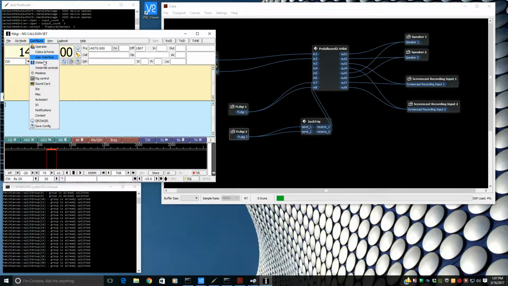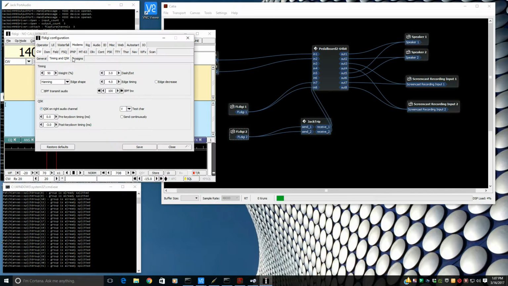It's under Configure, Modems, Timing, and QSK right here. So check mark that. And this is the settings I'm using. I'm trimming 3 milliseconds off of every element